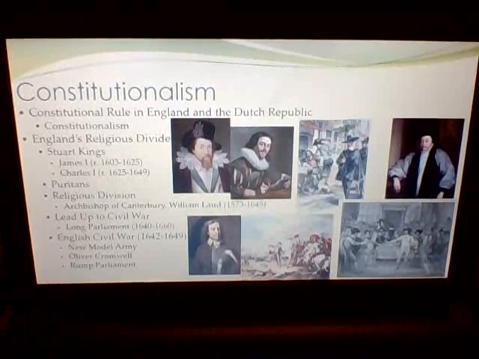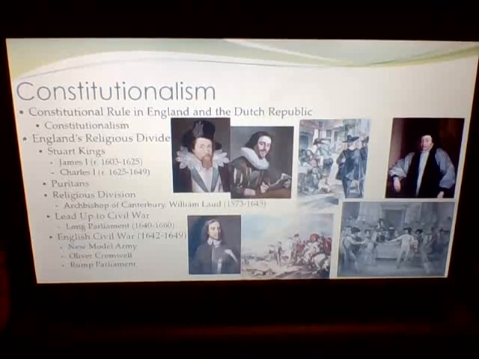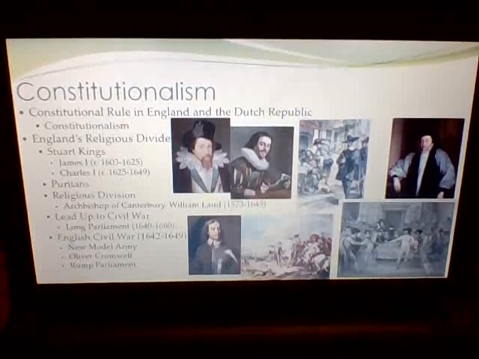They thought there were still too many Catholic-esque ceremony types in the way they did services, and they wanted to remove that. So on a test, you just need to call them Puritans. Like, they call themselves Congregationalists, but you can just call them Puritans, and it's fine. These Calvinist Puritans wanted to purify the Anglican Church of any Catholic elements, things like vestments, ceremonial items, bishops, and so on and so forth. So James I and Charles I persecuted them.